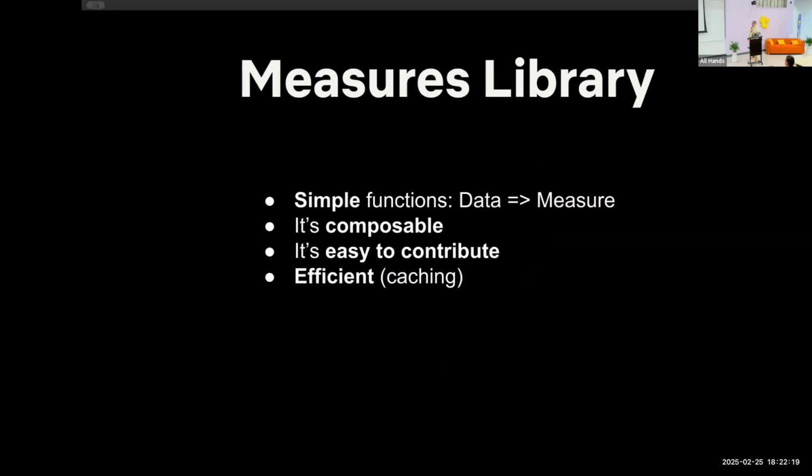So what is the measures library? It's simple functions. You put data in, you get a measure out. That's it. We want to enable composability, meaning you can have a function that takes some logs in and calculates the play delay or the number of rebuffers in a session. But you also want measures to depend on each other. Say I'm calculating another measure and I want the input from rebuffers, how many rebuffers you had, so it will be a count.